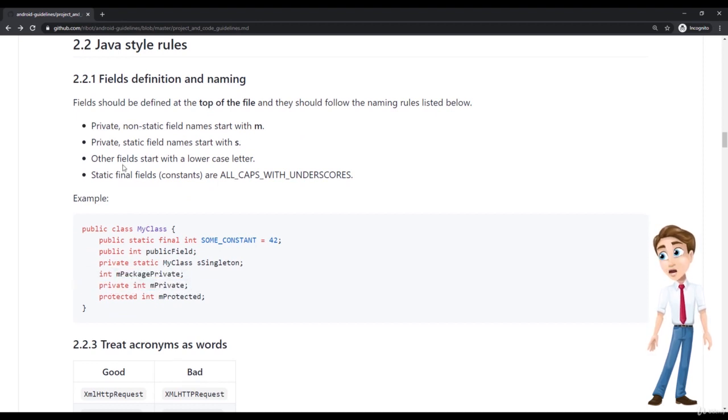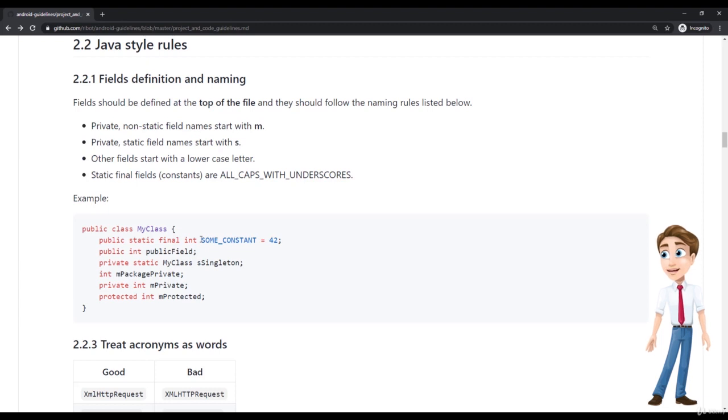I really don't like that. So basically it tells you that it's a non-static field, but this has been disagreed with by Google and I wouldn't really go with this. What is still important is if you have static final constants, like in the companion object of Kotlin, you want to make sure that you use all caps and underscores for constants.